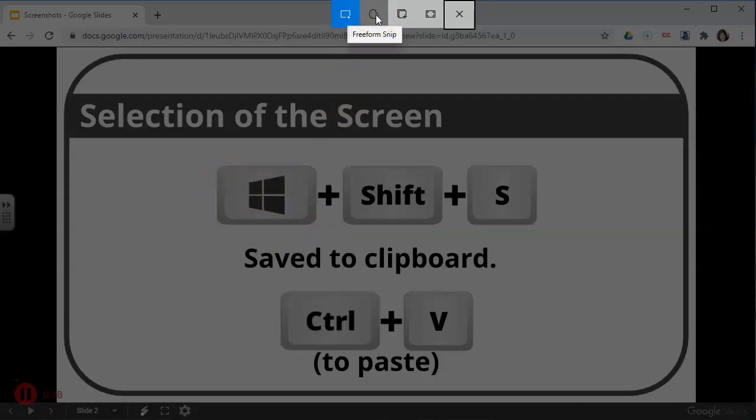This one right here is the freeform snip, so I can sort of like draw willy-nilly around the screen what I want to select. This one takes just a picture of the window, so you can see I have this one window open, so it would take a picture of just this. This button would take the full screen, so there's some things that you're not seeing that are sort of off the side of the screen, and that would take with the full screen one,